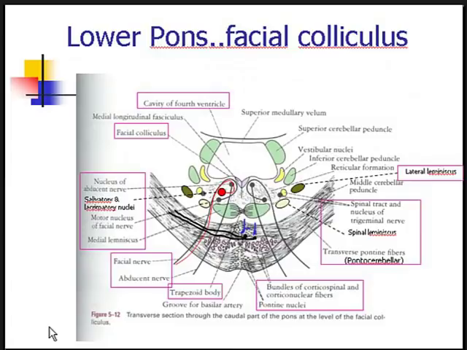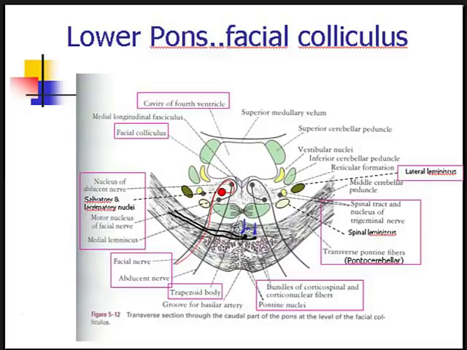So here again, make sure that you understand what nuclei are going to be seen, what tracts are going to be seen, motor and sensory. Now at the level of the facial colliculus, which is the lower level,